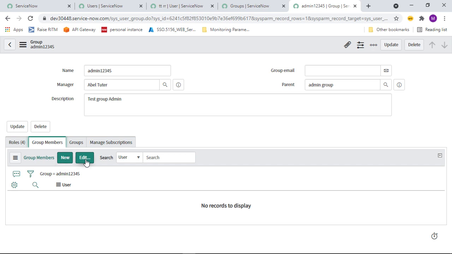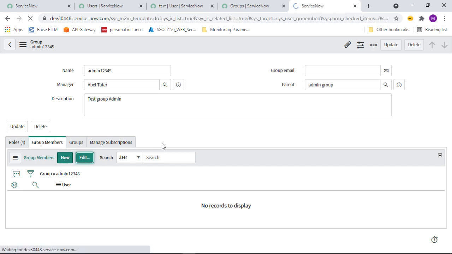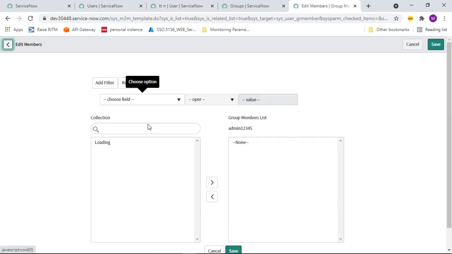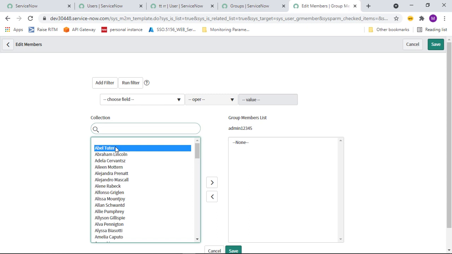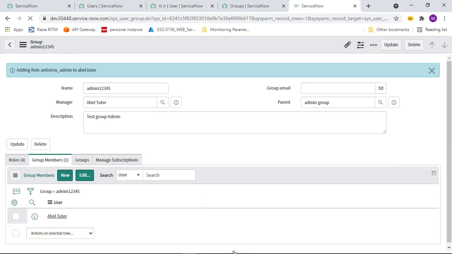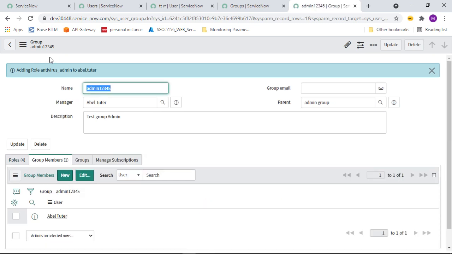So here if you see the edit button, I want to add one member to this group. I want to add able tutor. I have selected able tutor and I'm saving this, alright. See here, I have added a particular member to this group. Alright. So that is how we can add group members in the group, right?